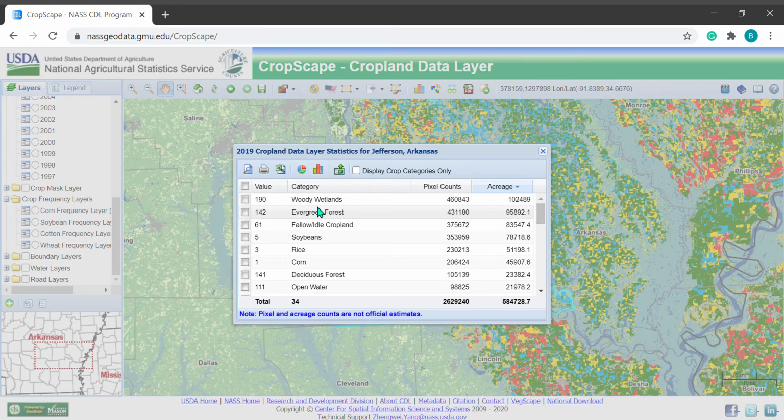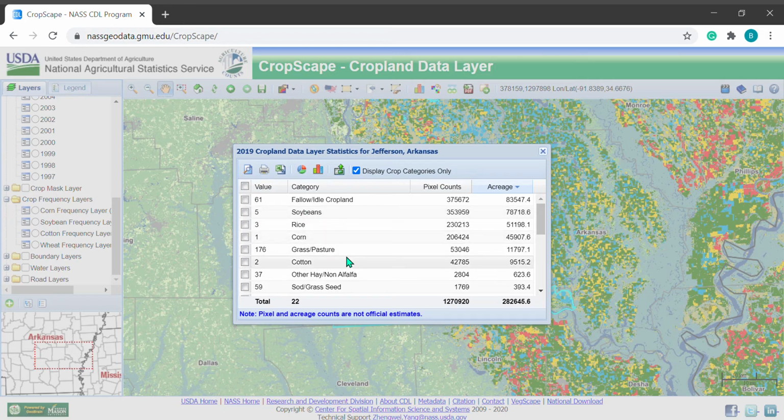If we want to see the crops that are growing here, I have to click the little check box here. So these are the crops mainly growing there that are agronomically managed.